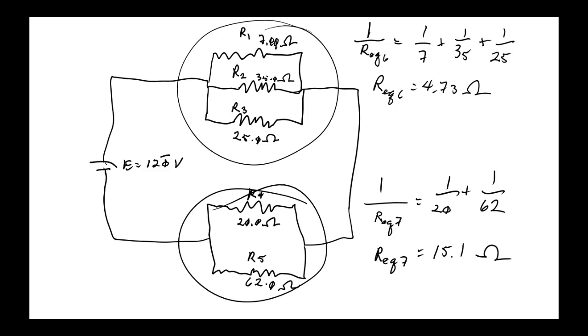Well, because the problem says... Okay, because these 2 are in series with each other. These 3 were parallel, those 2 are parallel, but these 2 equivalent ones are in series because the same current goes through both of them. And in series, you add the resistances, not the reciprocals of the resistances.